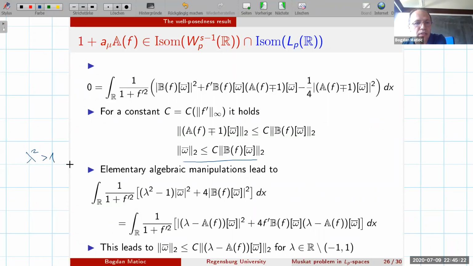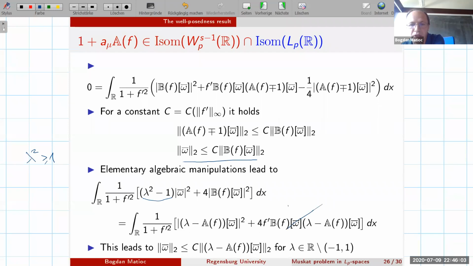We would like to prove the result for lambda square larger or equal to 1, but larger than 1 would also do, because remember a mu is less than 1. But we can prove invertibility also in the case when lambda is plus or minus 1. So this is positive or 0. This term, when lambda square is equal to 1, can be used to show that it can be bounded from below by omega bar. And now let us check the right hand side. We have the norm of lambda minus A evaluated at omega, the L2 norm, and the mixed term.